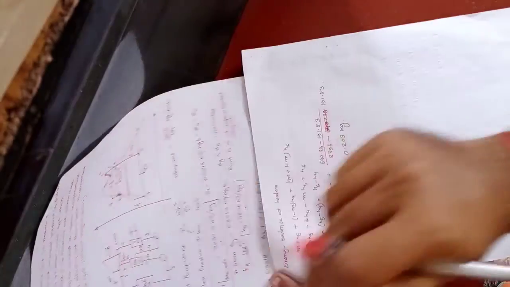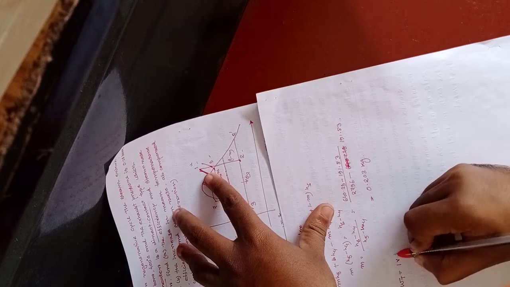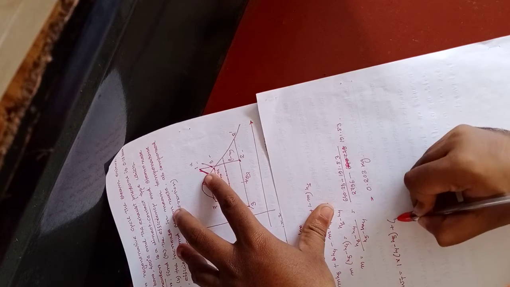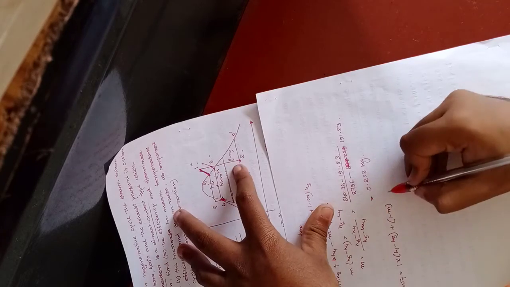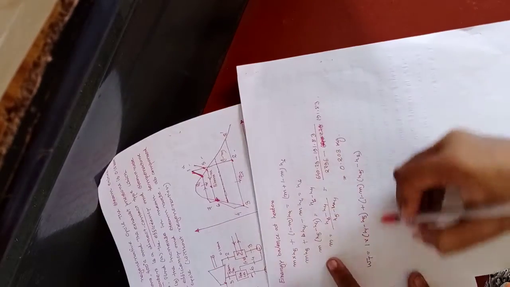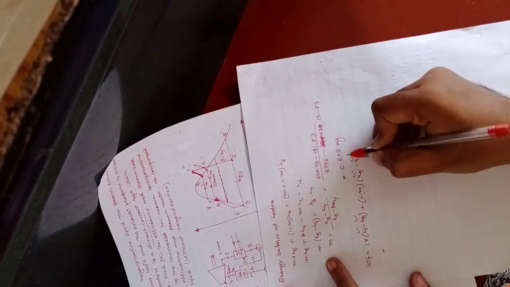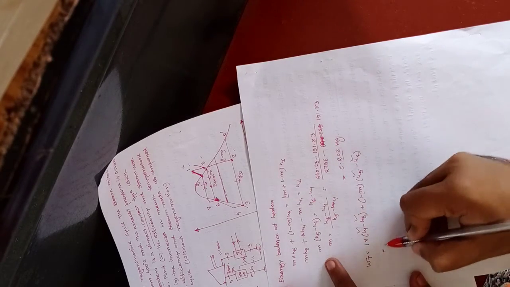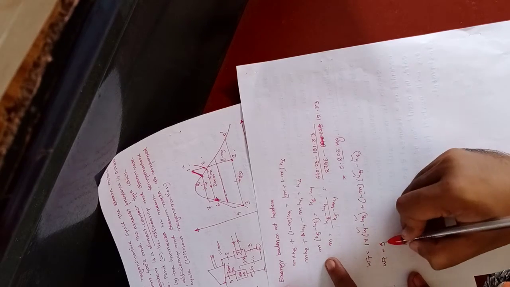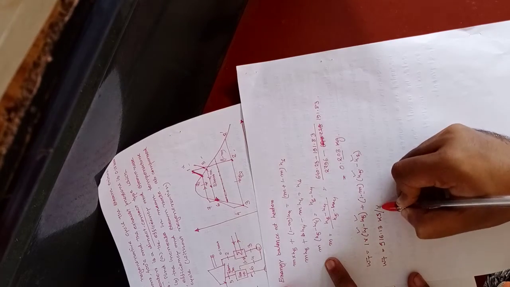Okay, so what is WT? If you see the diagram, WT is 1 multiplied by (H1 minus H5) plus (1 minus M) multiplied by (H5 minus H2). So if we put the values of H1, H5, H2 and M that we have just got, we will get WT as 916.13 kilojoule per kg.